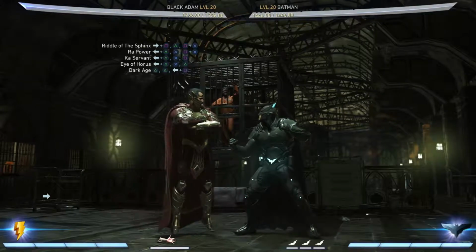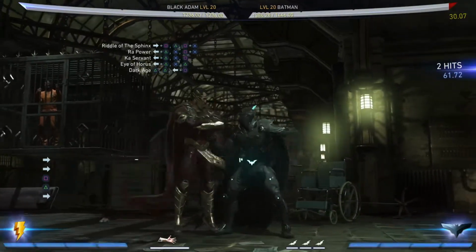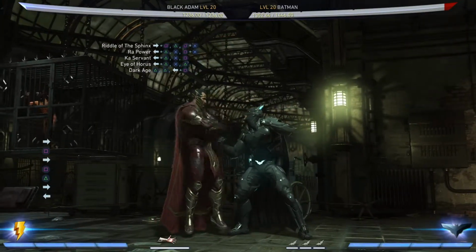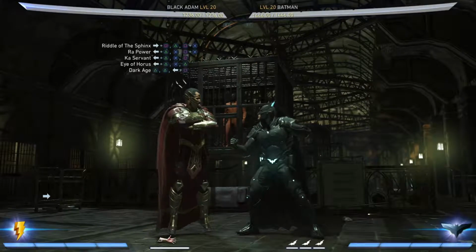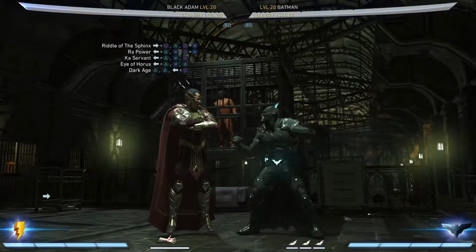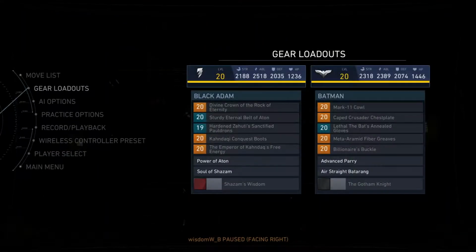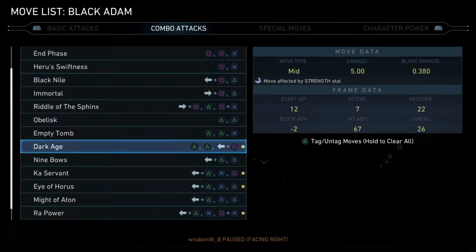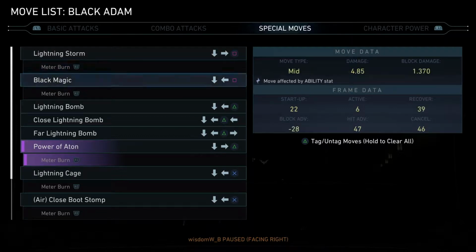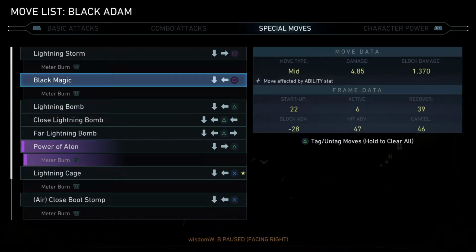So pretty much what you want to do, starting off with Black Adam, in my experience, is you always want to go in with that forward 1-2, because you get that extra lunge when you do the forward 1 and 2. And with that, you can go into 2 different special combos that can lead up into, I believe, yeah, it goes up into juggles, and they're pretty good. So what you want to do, so we'll untag these, and we can go into Lightning Cage, which is one of my favorite ones of the 2, and Black Magic,